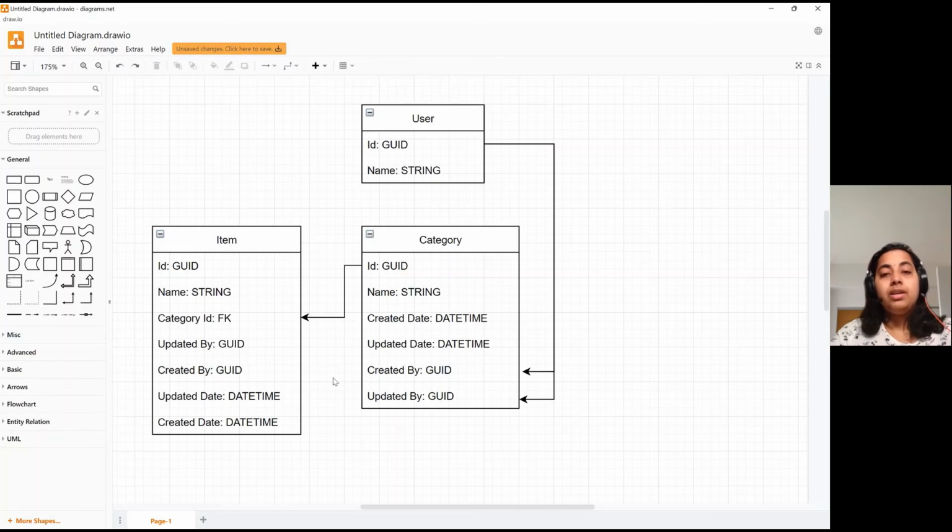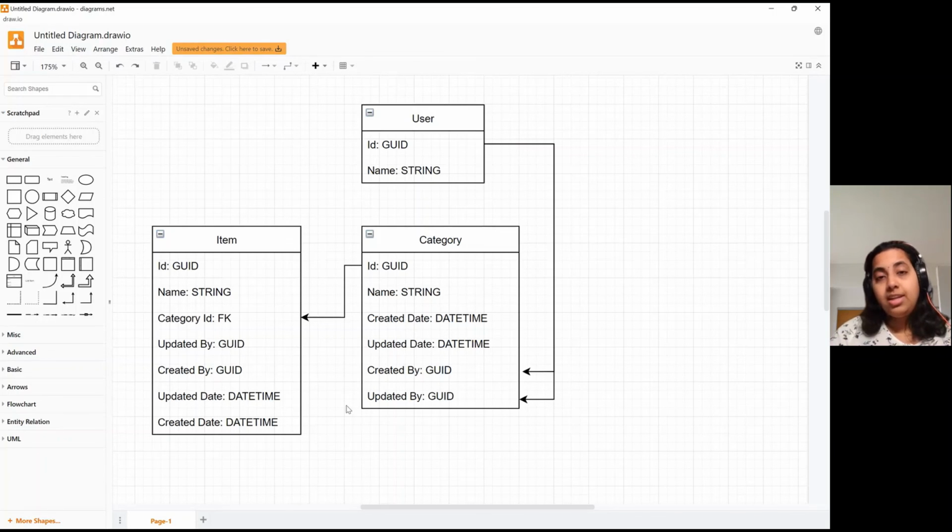Sorry for that. Okay, so on a recap, what we did was our application scenario wanted a set of categories, and each category wanted a set of items. So we went ahead and created a category entity. We said what's going to be the unique identifier. A category can have its name, and then we designed our item table that's going to have a unique identifier and a name. So to establish the relationship telling this item belongs to this category, we defined the foreign key and then linked it to the category ID. Then for our application, we added the auditing fields.